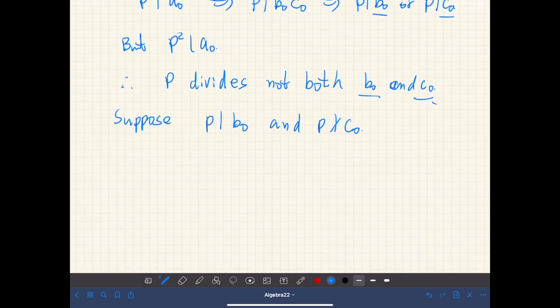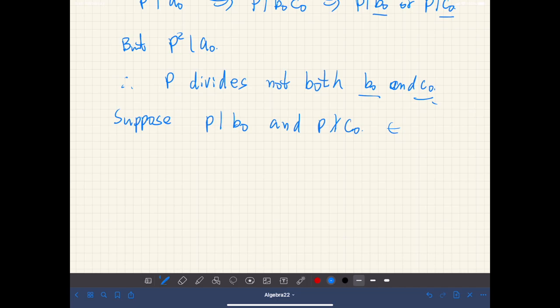Okay, so the opposite is okay. I mean, we can equally assume p does not divide b0 and p divides c0, but it's just a symmetric argument, so we can just assume this one. So anyway,